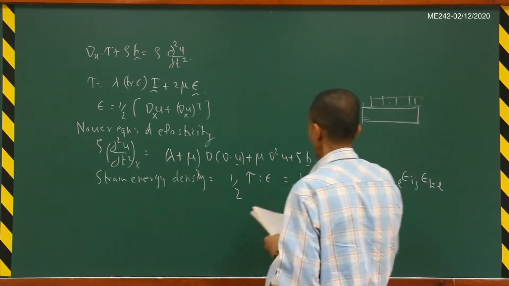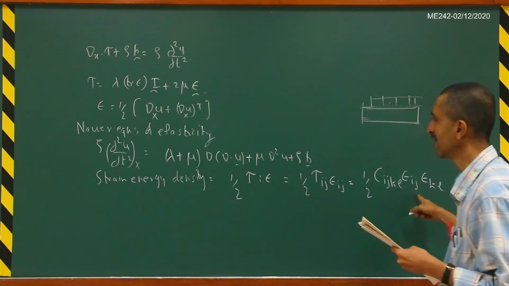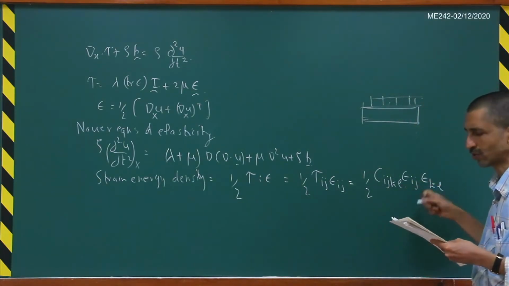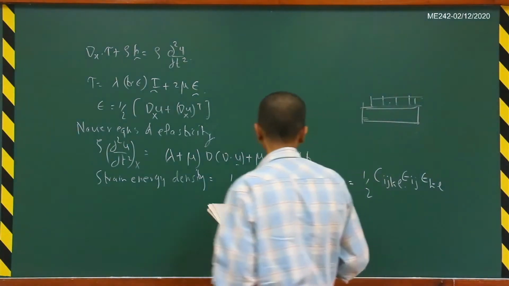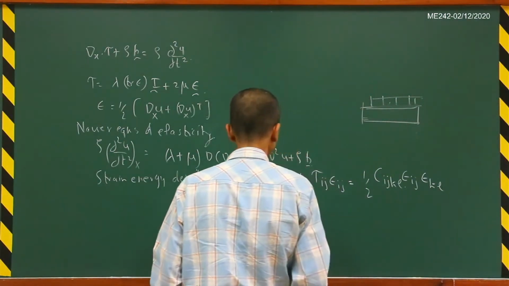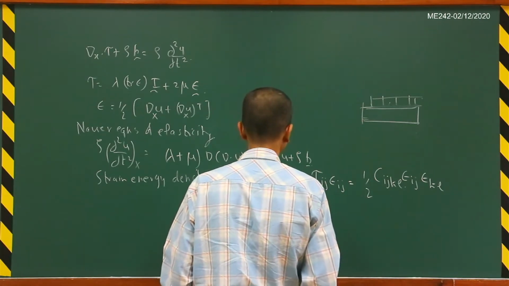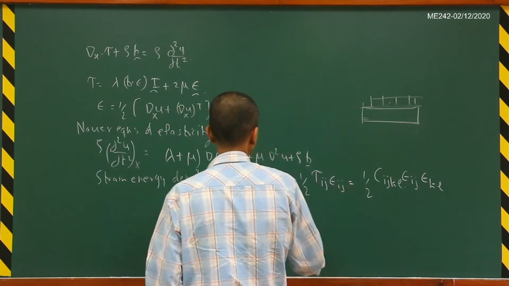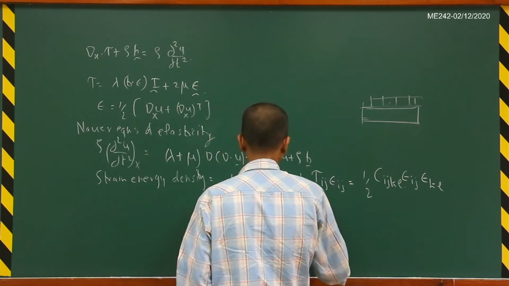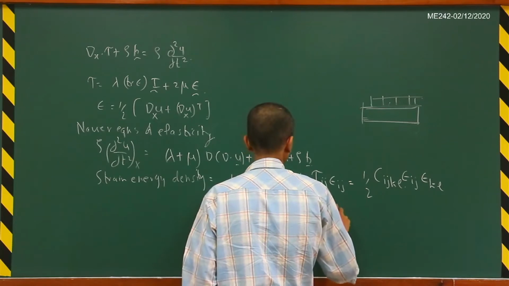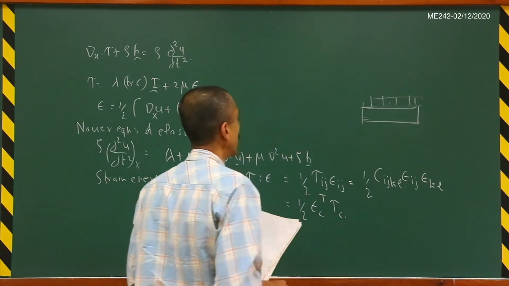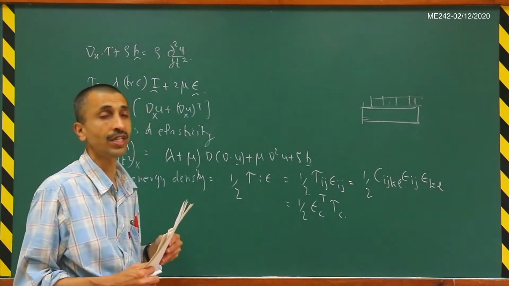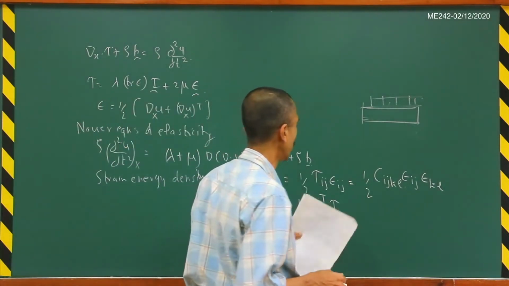So here, for writing the strain energy density, I am not assuming that the material is isotropic. I am writing it for the generalized Hooke's law in this particular case. So we can write this also in the following form. Typically we can write this as half of epsilon c transpose times tau c. So this c, whatever I am writing with this subscript c, is what is known as the engineering strain, and this is the engineering stress.